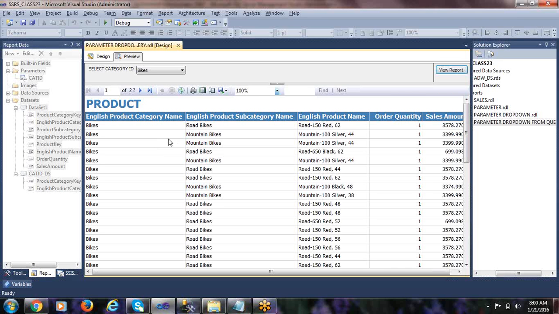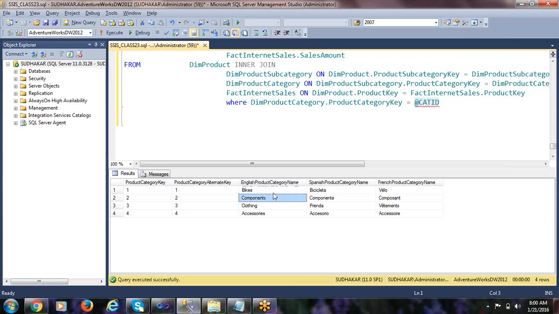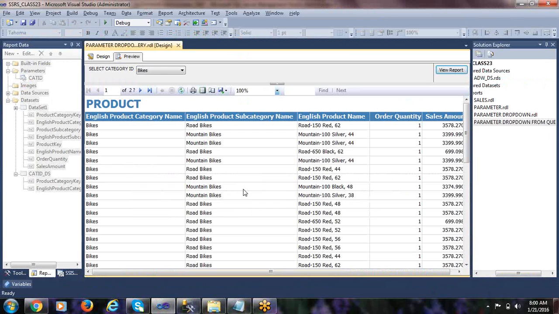Now the big advantage of following this methodology, it makes you update the values. So whatever data that is updated in the source table, that is going to be reflected at the same time in the drop down list also. You don't have to worry about the updates or deletes or modifications in the source table, right? Always it will be updated. The moment you execute the report, the data will be updated here. This drop down data will be updated.